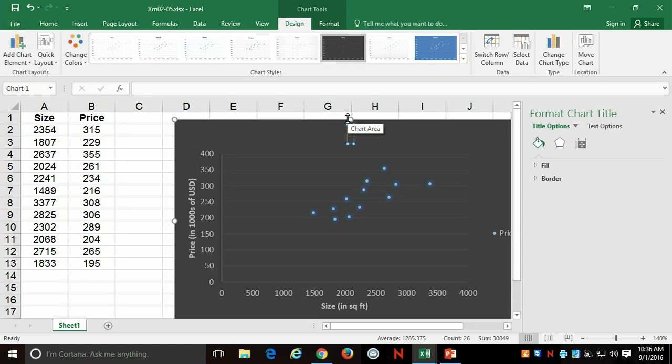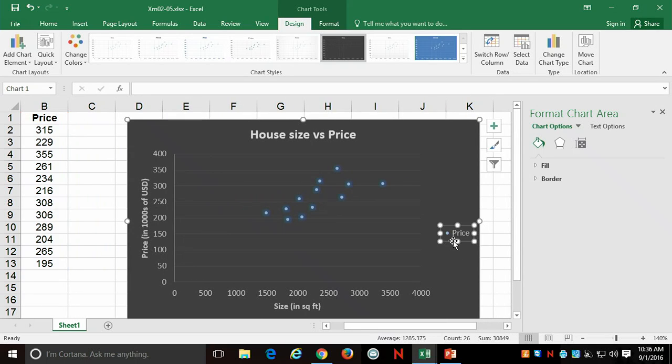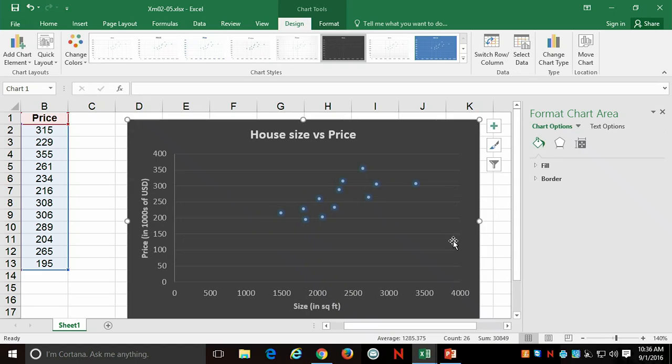I would say house size versus price, something like that, okay? And I don't need the legend, so I'm going to get rid of it. So that looks good. That's a good graph, and I would say there's a positive linear relationship between size and